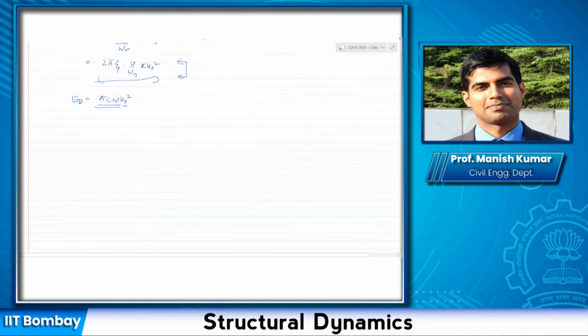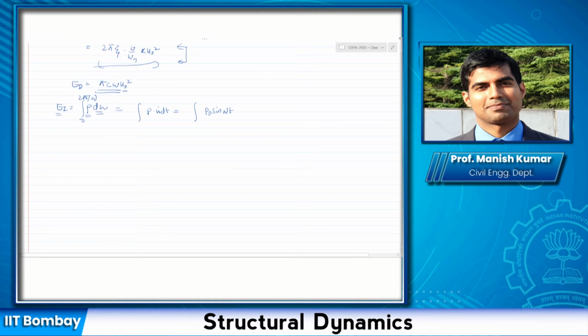Now let us see what the energy input to the system was, so that I can figure out, in steady state, with respect to the energy input, how much of the energy is dissipated in the system. The energy input I can again find: the applied force times the displacement it is producing would be the energy input in the system. And for a single cycle of motion, I can write it like that. Now P du I can write as u dot dt, and P I can write as P naught sine omega t. This was my applied force.